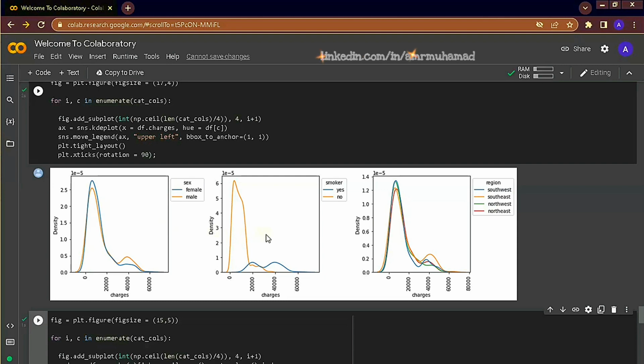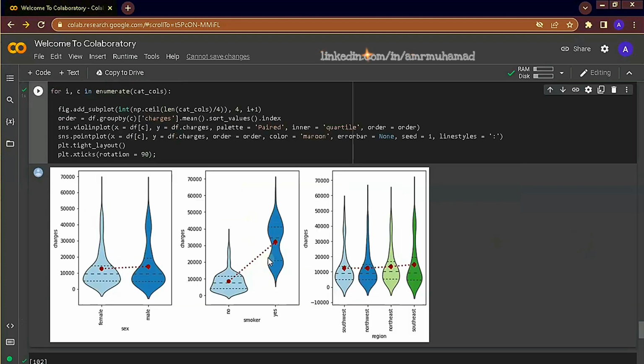We can see here there is a significant differentiation between the two values of charges given each category. And this is also what is reflected here. We're going to do a multivariate analysis, and this basically includes 3 or more variables within a single analysis, unlike the bivariate analysis where we looked at the relationship between 2 variables only.